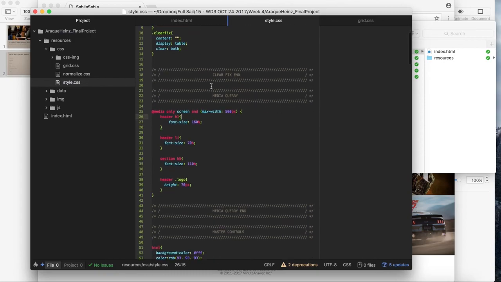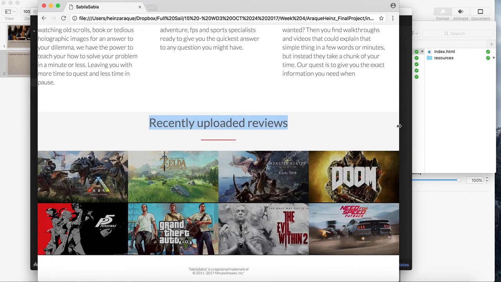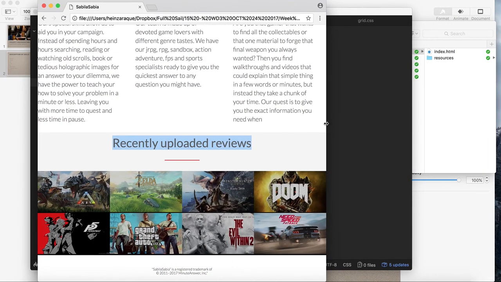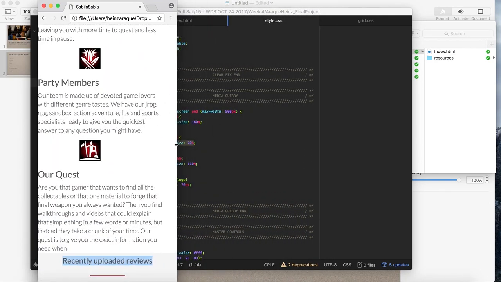As you can see here, I played a little bit with a media query to set it up for when the screen gets less than 500 pixels. The font size will go lower in the parts that I need it to. So this is kind of a responsive website that you can reduce the size and it will adjust